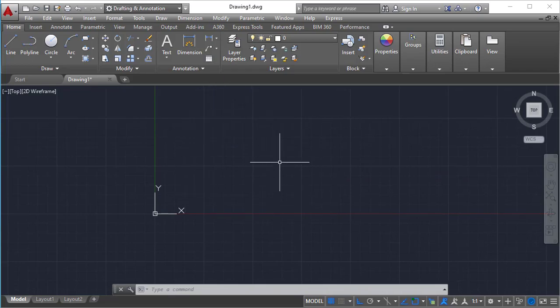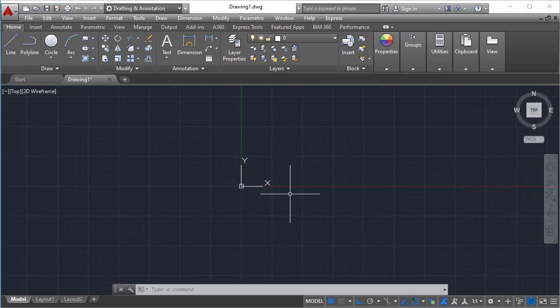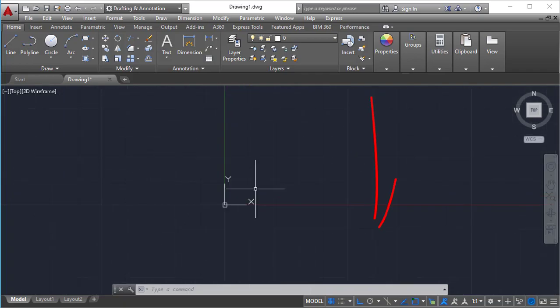Like I have done some work here. If I want to do some more work, you can use all this space using the pan. And if I want to zoom in, you need to scroll away from the user to zoom in, towards the user is zoom out. Rotate the mouse wheel. This is called zooming. And for 3D you need to remember one more thing, that is called orbit.